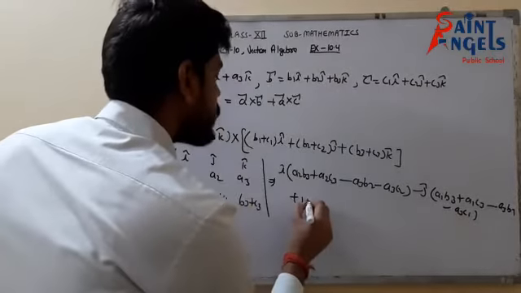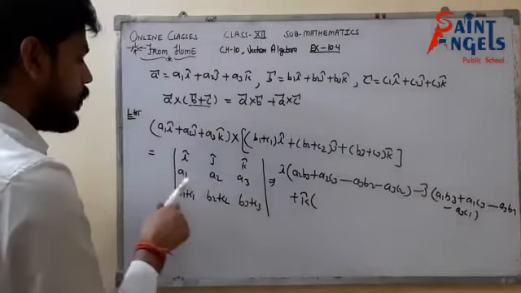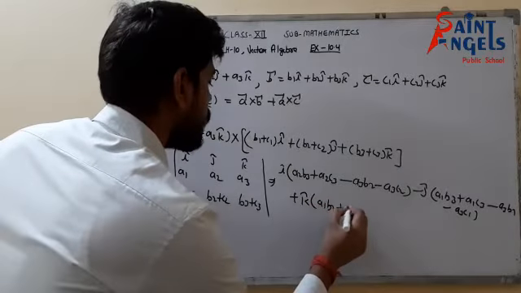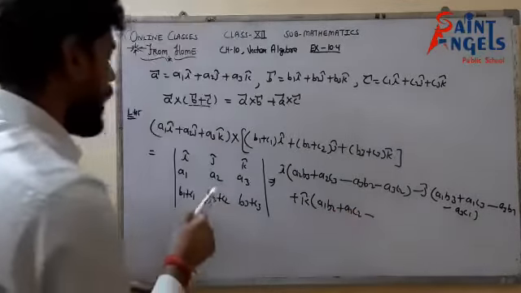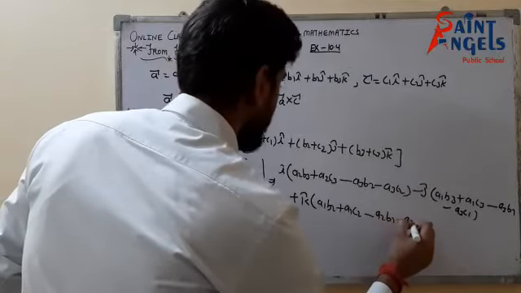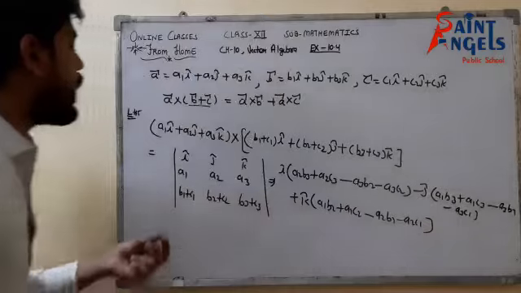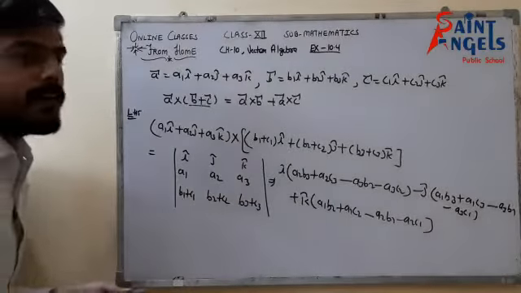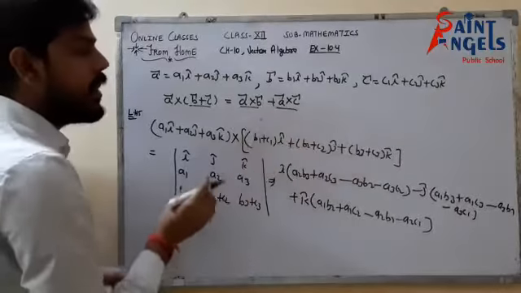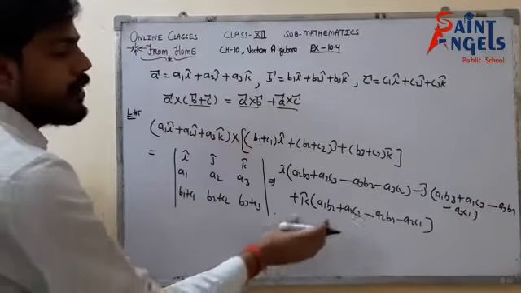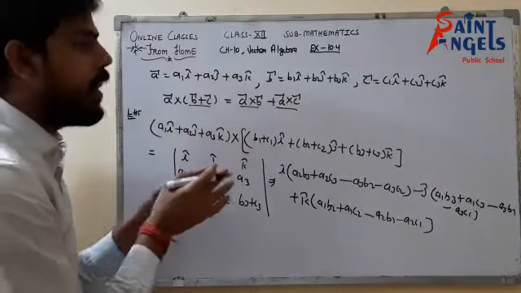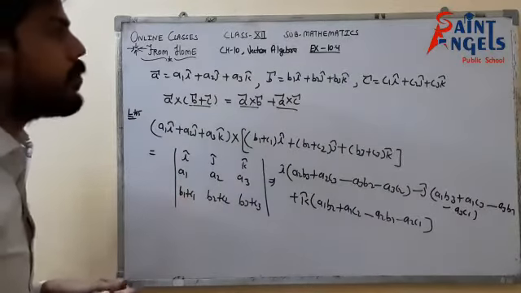Now plus k cap. So k cap would be A1 (B2 plus C2), so A1 B2 plus A1 C2 minus A2 B1 minus A2 C1. So that is my LHS. In the same manner, first of all you will find A cross B, then A cross C, then simply add them and you will get the same expression. So hence, because LHS and RHS are the same, this is proved. Please pause the video and note it down.